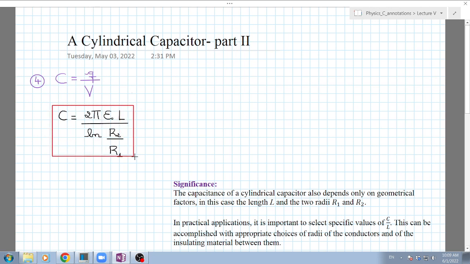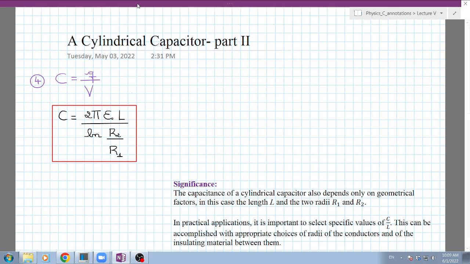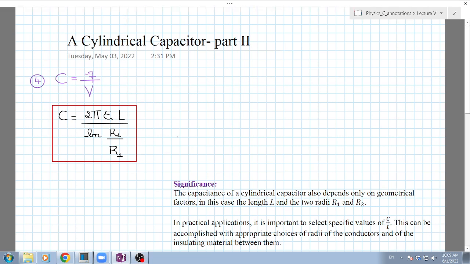We're not going to have time to finish today, I guess. But let's rewrite this just for fun, and write it as C equals epsilon 0 times